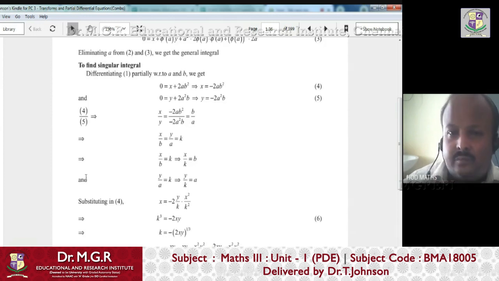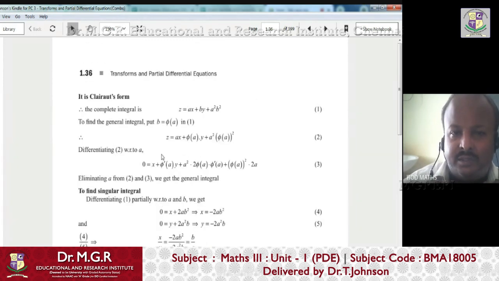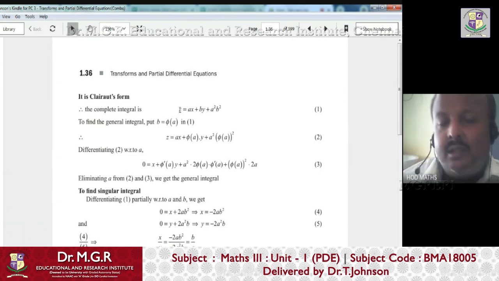So here we already know the complete solution, because here we don't know the general solution. We just write only this line. So we can take the complete solution. From the complete solution, we are able to find the singular solution, right? I will tell you the procedure. Very simple, straightforward procedure. So here, what is the complete solution?